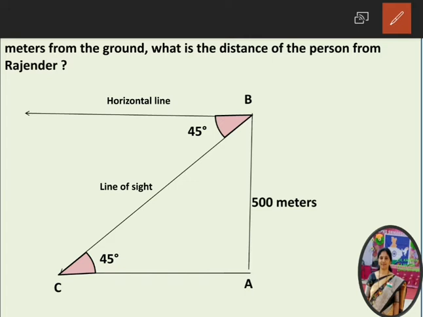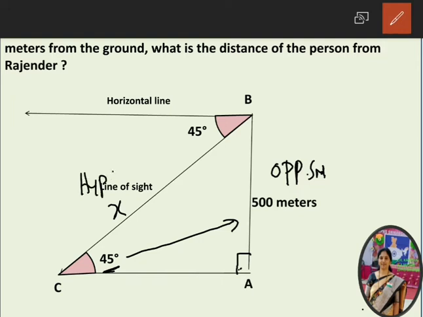Okay, so just observe here. Here we get the right angle. We have to find out the BC length. Assume that this is X. Now based on this 45 degrees, we know the AB length. AB length becomes, this becomes opposite side. Okay, and opposite to 90 degrees, so BC becomes hypotenuse. So we have to choose a particular trigonometric ratio. So here opposite side is given, hypotenuse is asked, so we have to choose the sine trigonometric ratio,